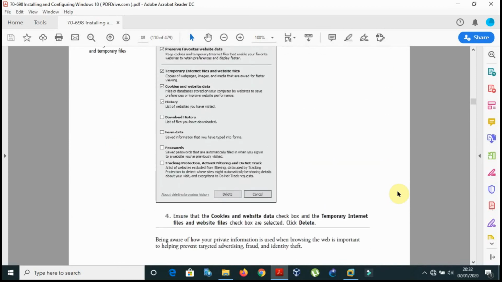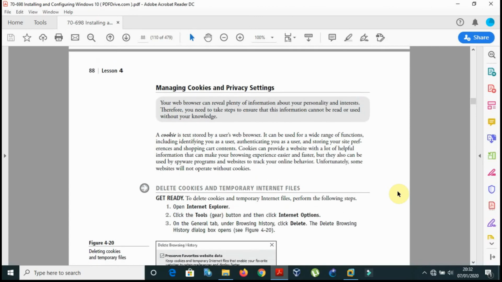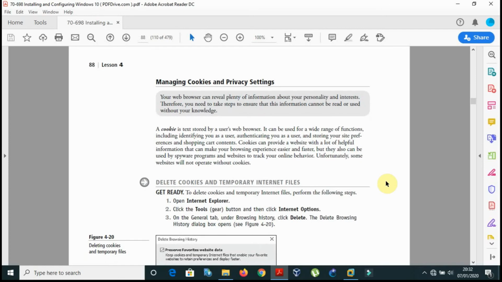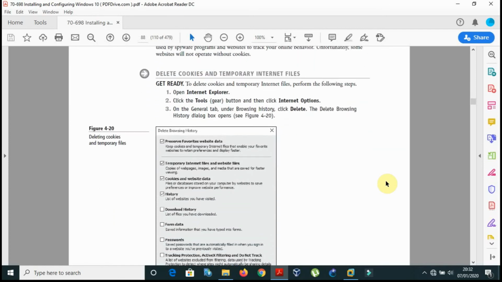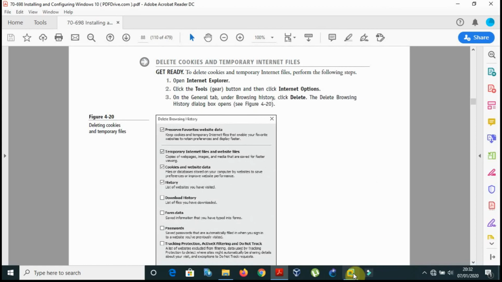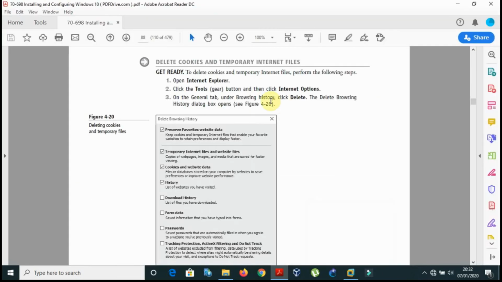And here is managing cookies and privacy settings. Okay, let me stop on this and then do it again in another video. Or shall I just, okay, let me completely finish. If you want to manage your settings, what they call the internet